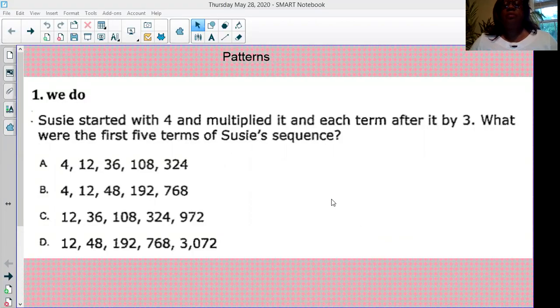And this is going to be a very quick one because this is like the third day we're doing patterns. So you have two we do's and one I do. Okay. All right. So the first one reads: Susie started with 4 and multiplied it and each term after it by 3. What were the first 5 terms of Susie's sequence? So I'm going to pause right there